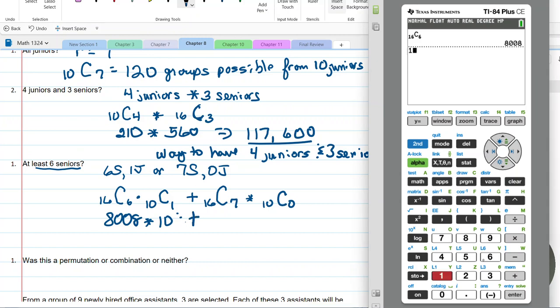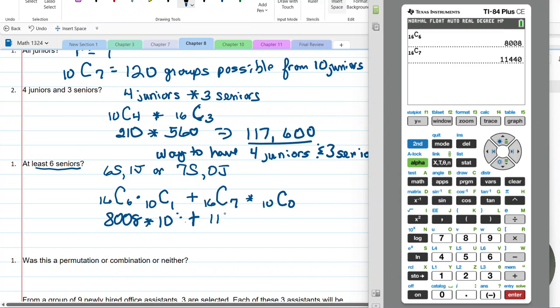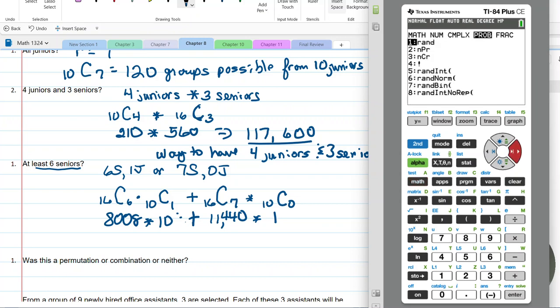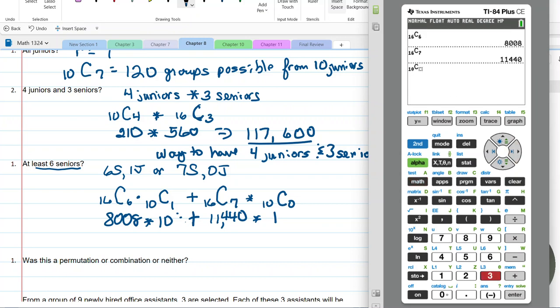Okay, 16 math, PROB, choose 3, and we're choosing all 7 in the committee, and enter. And anything to the 0 is 1, right? So we're going to do that one to, again, show you that you don't have to trust me. You can do it yourself. All right. So now I have